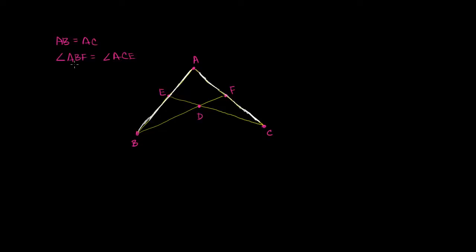And then we also know that angle ABF is equal to angle ACE. You could see their measures are equal, or this implies that they're congruent, or they have the same measures. So this angle right over here is congruent to that angle right over there, or you could say that they have the same measure. Now the first thing that I want to attempt to prove in this video is